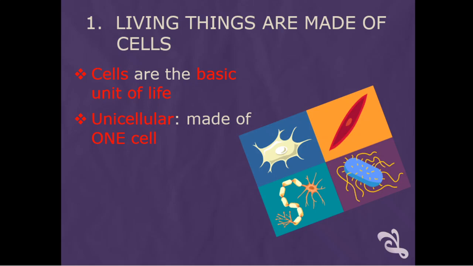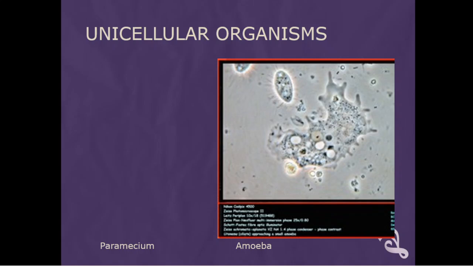U-N-I is Greek, and it means one, and then cellular, so one cell. Multicellular, made of many cells, so M-U-L-T-I. I will go through these prefixes and stuff with you a lot. Multi means many, so multiple. So multicellular means made of many cells. So let's look at